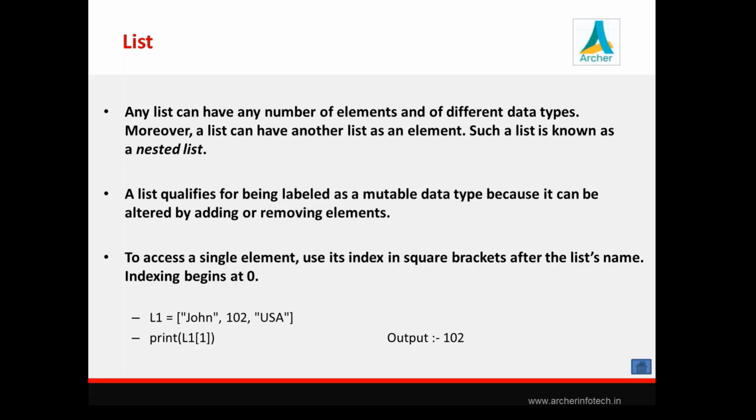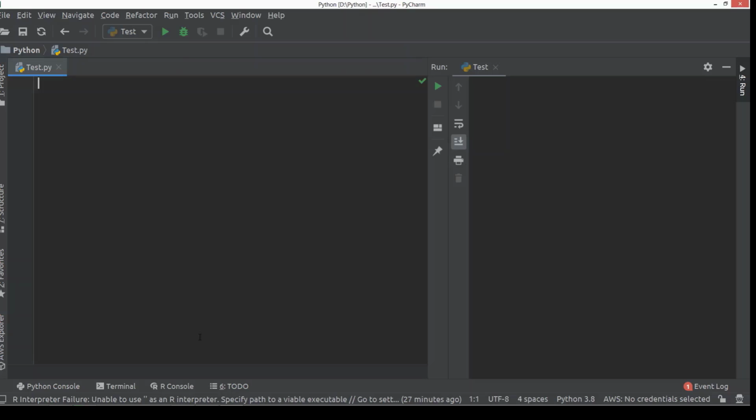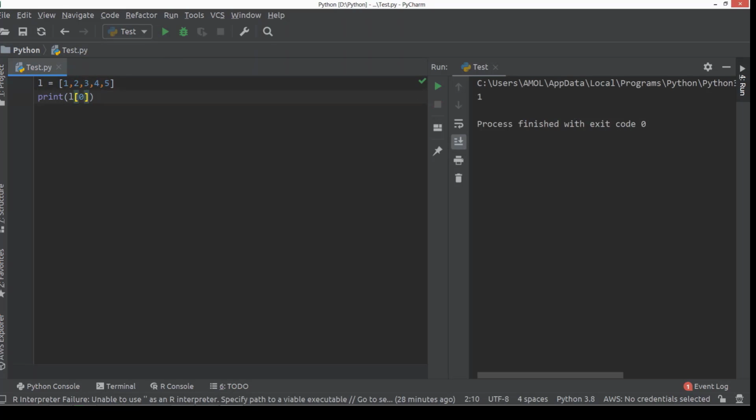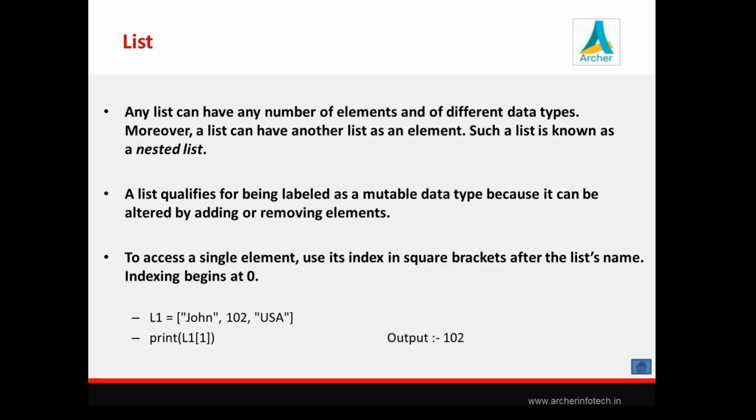Now we'll see how we can access individual elements of a list. Individual elements we can access by providing an index value in square brackets like this. Suppose this is your list. If you want to access a single element of a list, write the list name, square brackets, and here you have to provide the index value. Indexing always starts from 0, so the first element is at the 0th index. So here we are providing the value 0, and this is the outcome of this printing. It prints the first element of the list, so we can access other elements like this one.